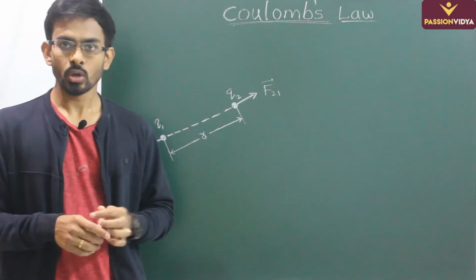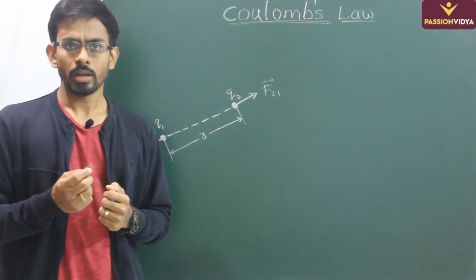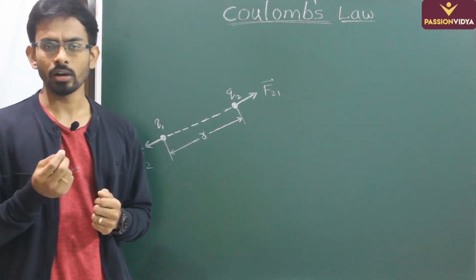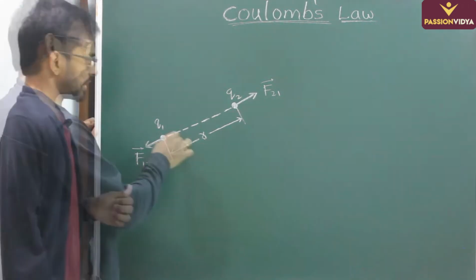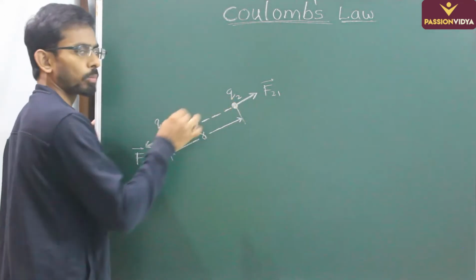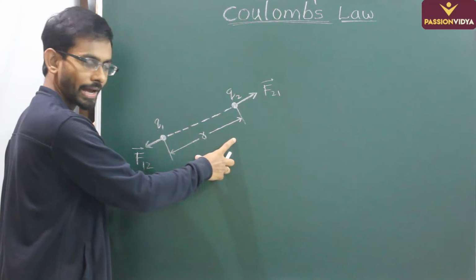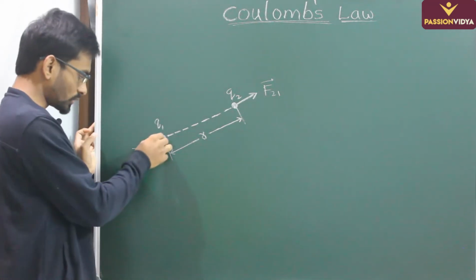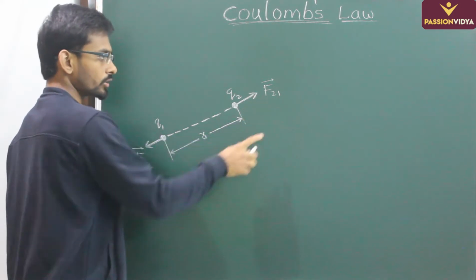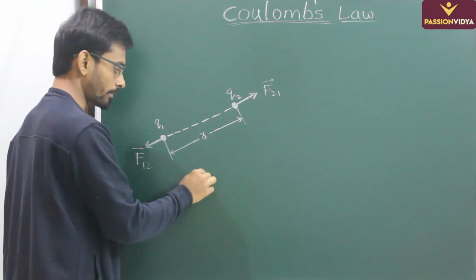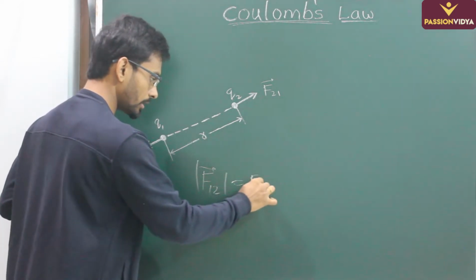So let us discuss Coulomb's law. Coulomb has done a lot of experiments and he has given the first successful theory on electrostatic force. So now let us consider two point charges, Q1 and Q2. Let the separation between them be R. Now this is force on 1 due to 2 and this is force on 2 due to 1. So these two are action and reaction, so their magnitude will be equal. So let the magnitude be